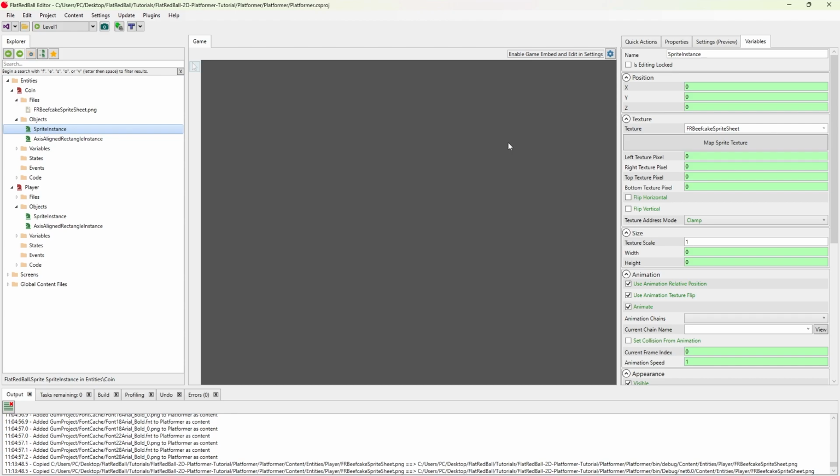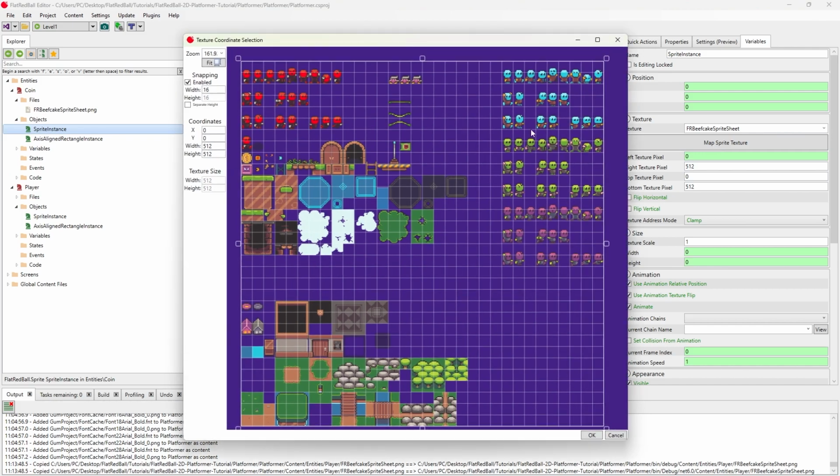Now that we've set the texture, we need to tell the sprite which portion of the texture to use. If we don't do this, then the sprite displays the entire texture. That means all of the frames of animation for our character and the entire tile set that we used in the previous videos. To change the coordinates, click on Map Sprite Texture and a window will appear showing the coordinates over here. To change the coordinates, you can grab the corners or edges